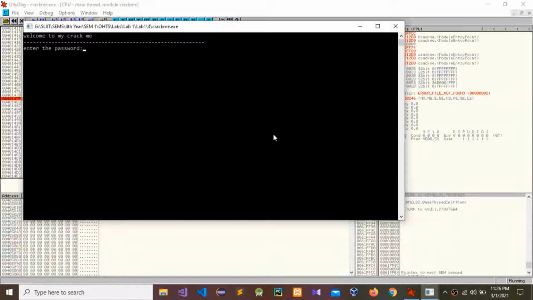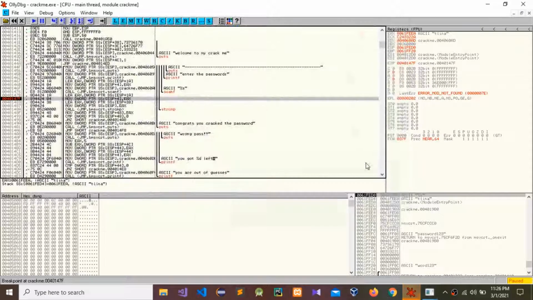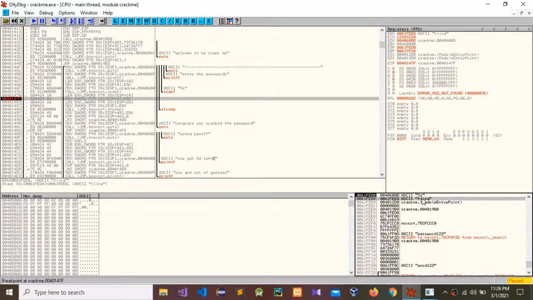I'm going to run this program again. Now I'm going to run this program. So I'm going to enter a password, the same password. Okay, as you can see in this ASCII dump values, can you see there is the entered password, and in here you can see the password 123.